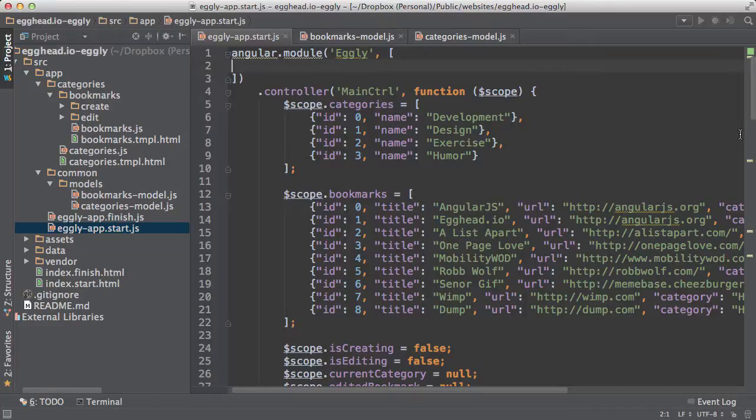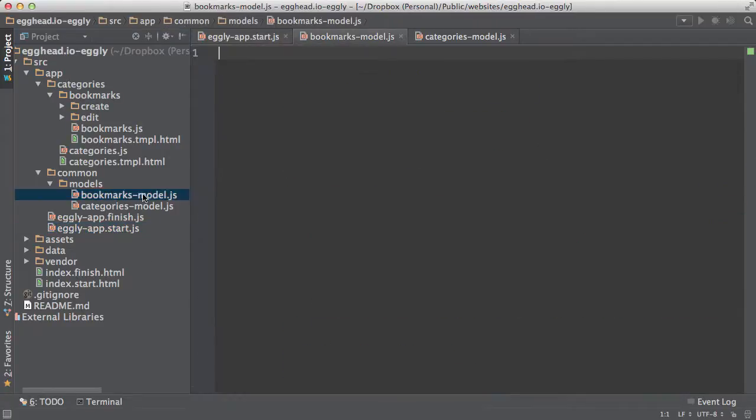So we already have a hint of the submodules that will exist because our file structure has done a really good job of defining the relationships that exist within the eggly application. Let's start with the models first, since they are common and we will need them as we get into specific features. So jumping into the bookmarks model file,